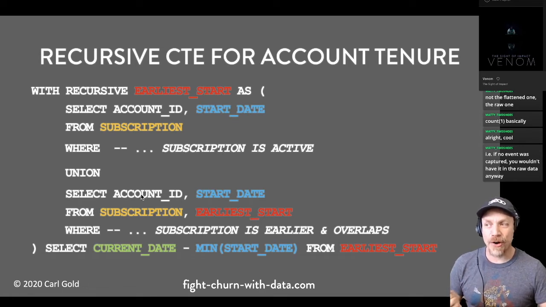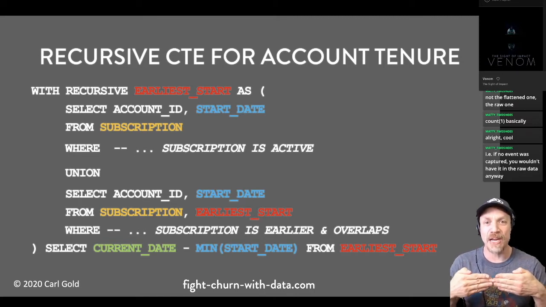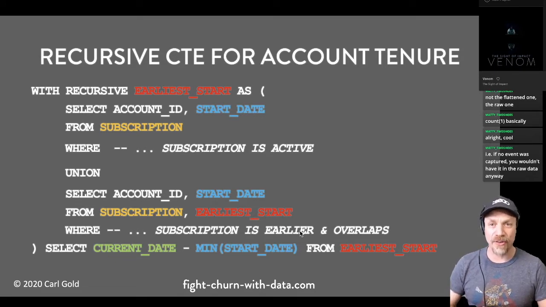And then the recursive query joins those accounts with their own earlier subscriptions, where the end date of the earlier subscription is within a certain range of the new subscription. So ideally they would be co-termed, they would just meet up, but you can also have a little gap, and that's taken care of in the where clause here. So this was the SQL for finding recursively the age of each account, and we went into it in lots of detail in the last stream.